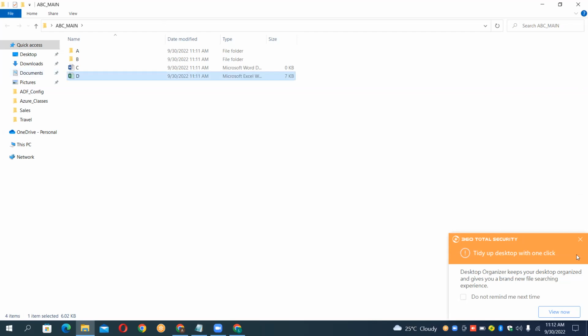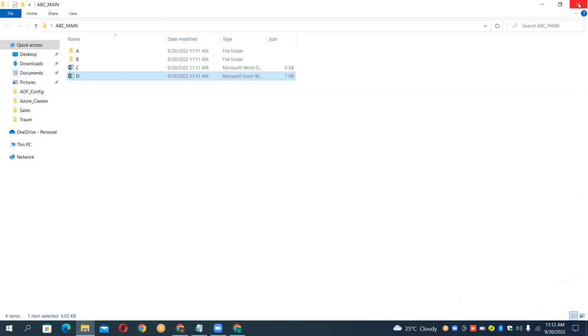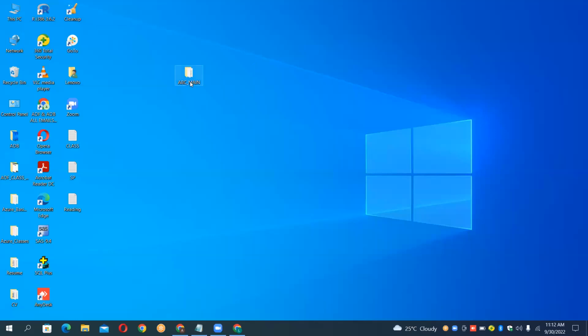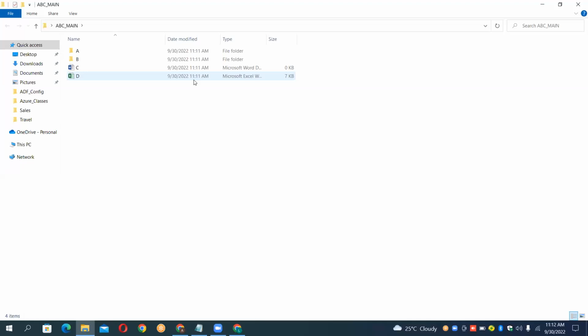Now tell me, the main folder called ABC, can you see it? The main folder called ABC has how many files and folders? Can you tell me, guys? So 2 files and 2 folders.